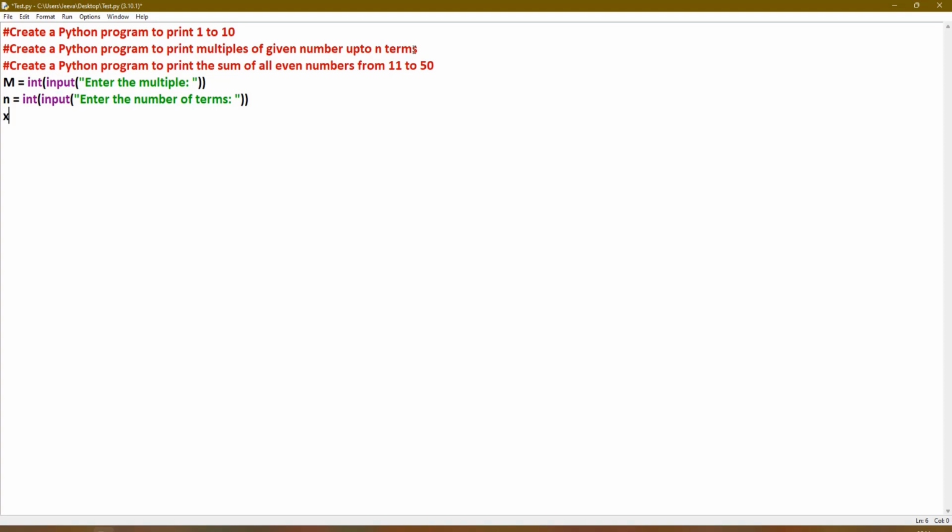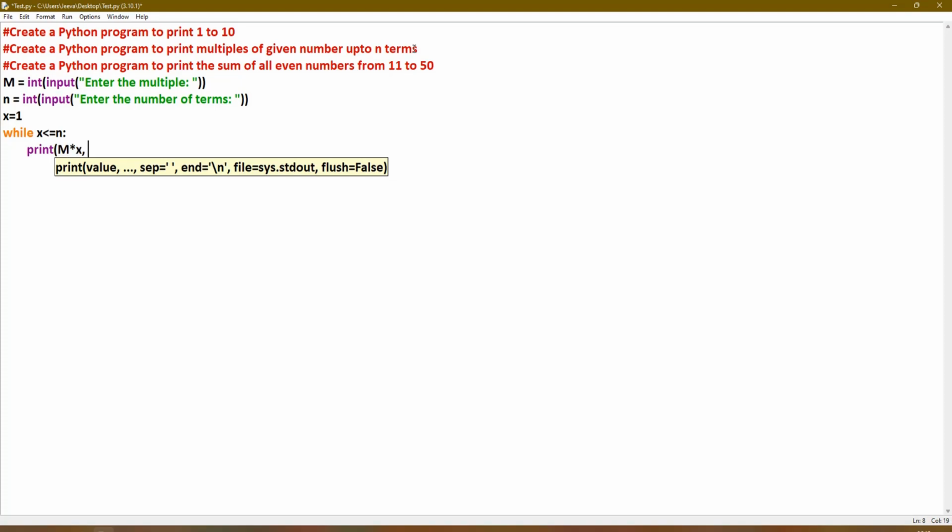I initiate x as 1 here, and then I give the condition while we need n terms. That n only we have taken from the user. So I should say x is lesser than or equal to n. So up to n from x is 1, colon, and then I will be printing the multiples, m into x.